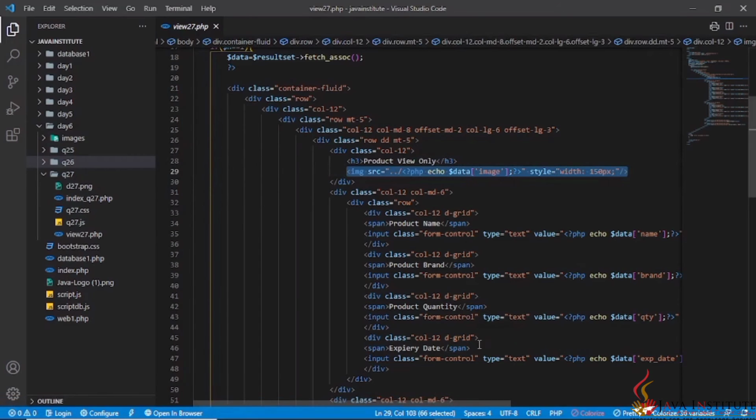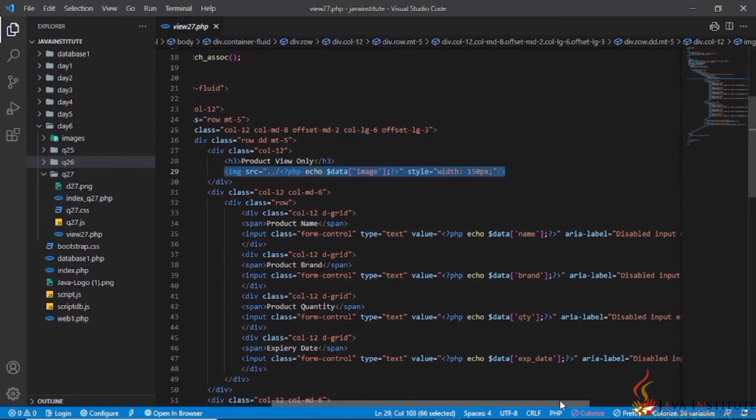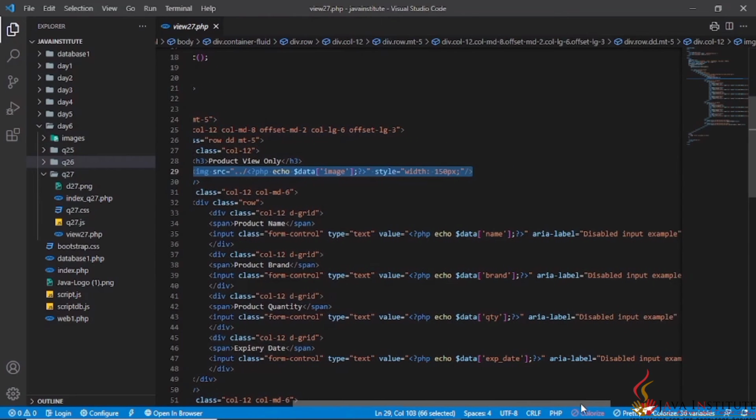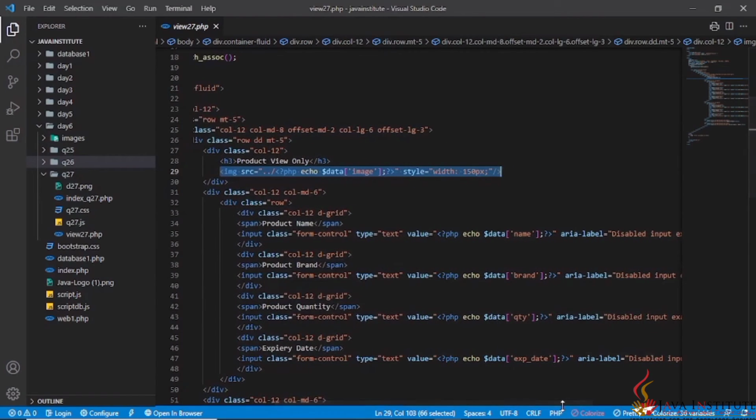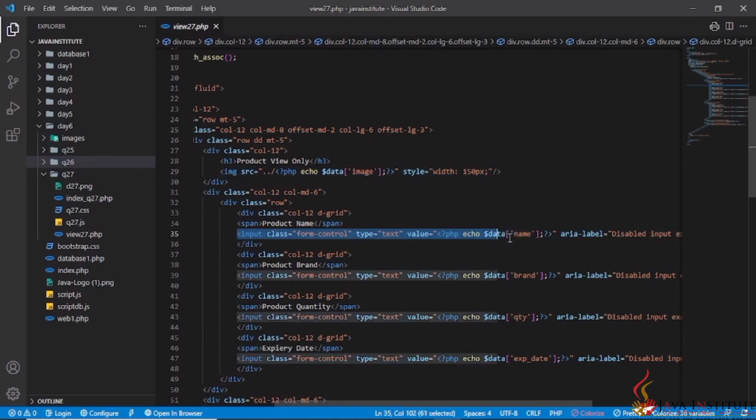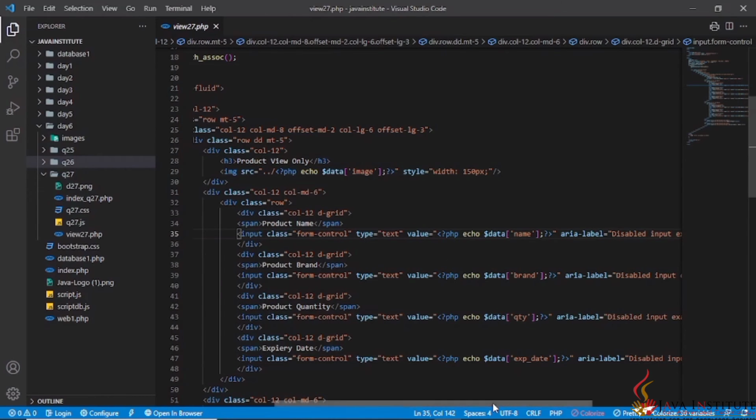And this is the way I have created the disabled input fields with the usage of Bootstrap. In the Bootstrap documentation, it says that we can use this type of input field, with the class form-control and type text, and we can give any value to this input field.